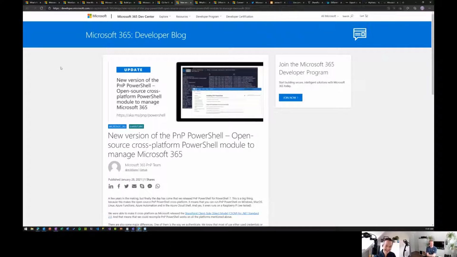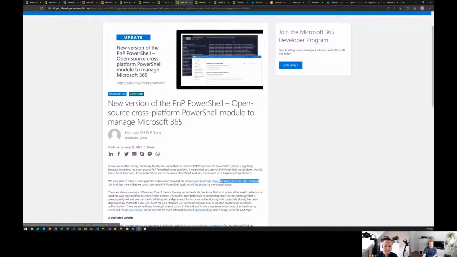Now there's a new version of PnP PowerShell, which is the GA version of the PowerShell core version of PnP PowerShell. PnP PowerShell has existed six, seven years, I think so, if I remember correctly. And it's been super widely used, so tens of thousands of tenants every single month are using it. Obviously, there's a super active community building stuff for it, and it's now in PowerShell 7 using the .NET standard version of things. So it is actually cross-platform as well.